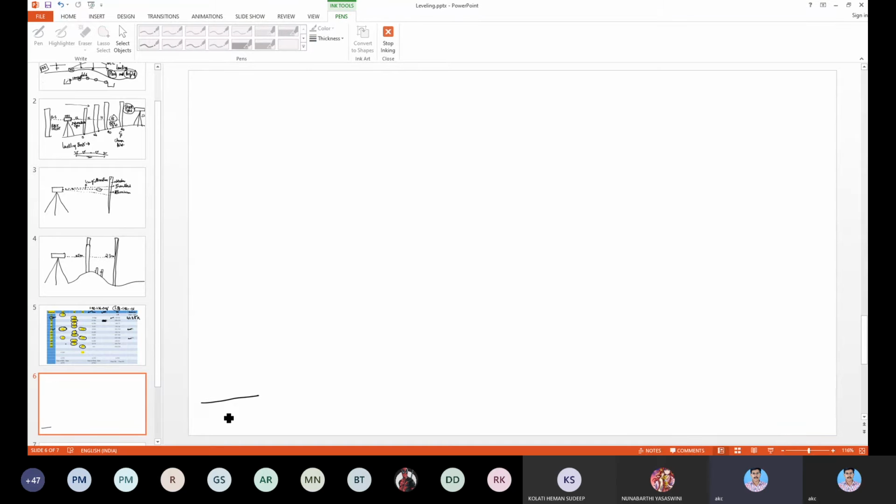Let's say this is the x-axis. One minute.